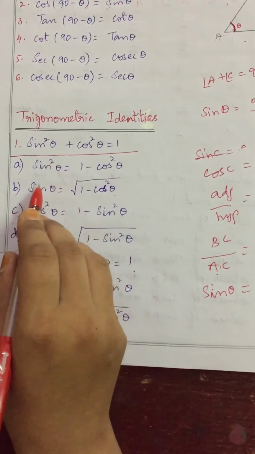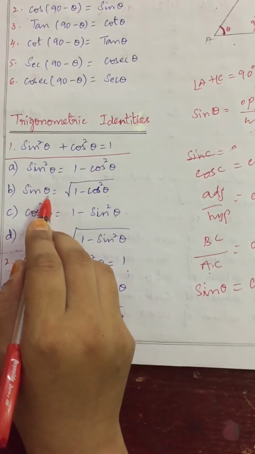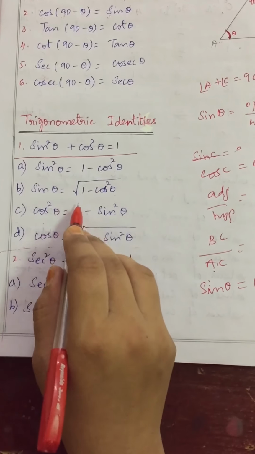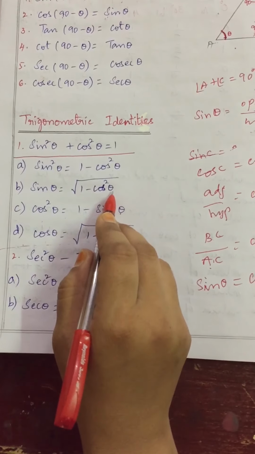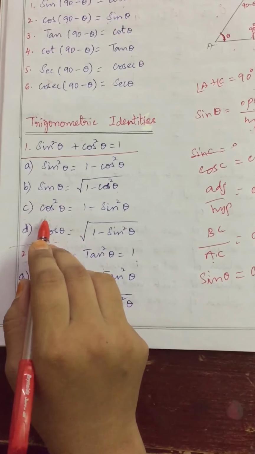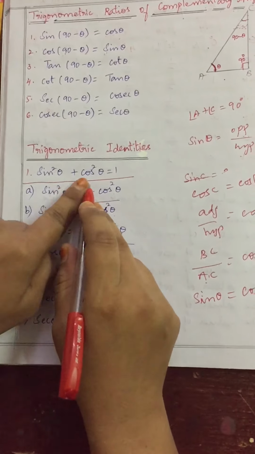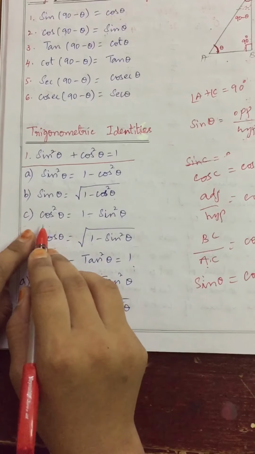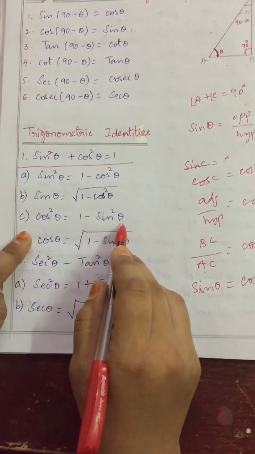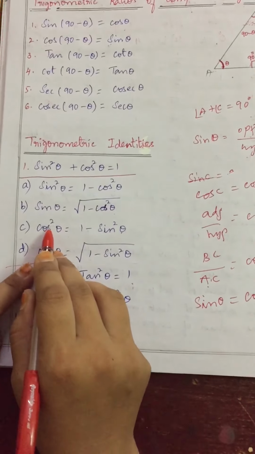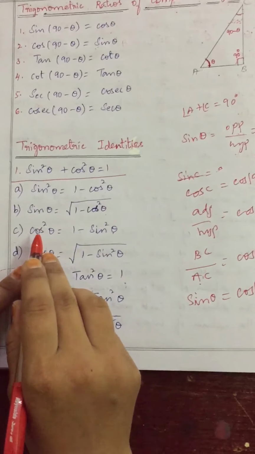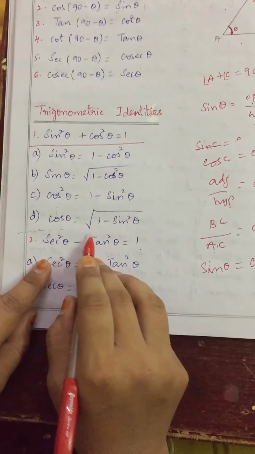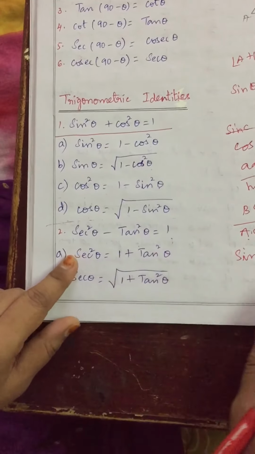Now I don't want the square, I only want sin. So sin theta is equal to the square root, if I send the square to that side. So sin theta equals the square root of 1 minus cos square theta. Similarly, I can find cos square theta. Cos square theta I am keeping here only and sending sin square theta to that side, so that becomes 1 minus sin square theta. So cos square theta is 1 minus sin square theta. If I want only cos theta, I don't want the square, so if I send it to that side, that becomes a square root. So cos theta equals the square root of 1 minus sin square theta.